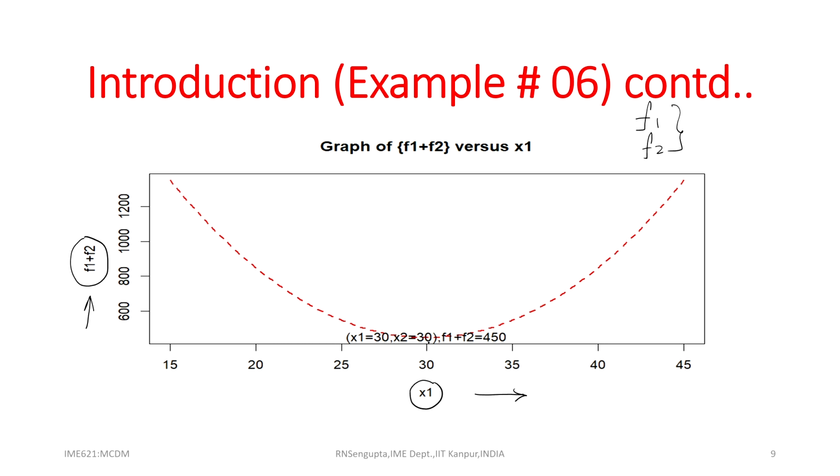So, the minimum point where the objective function would be, if you remember, the values were given as the 30 30 coordinate system, and the objective function comes out to be 450. As I keep increasing x1, obviously, x2 will also change, or if I keep decreasing x1, x2 will also change. The minimum point is always found to be an optimum point, which is now 30 30. It is not the best point if I consider x1 separately and x2 separately.